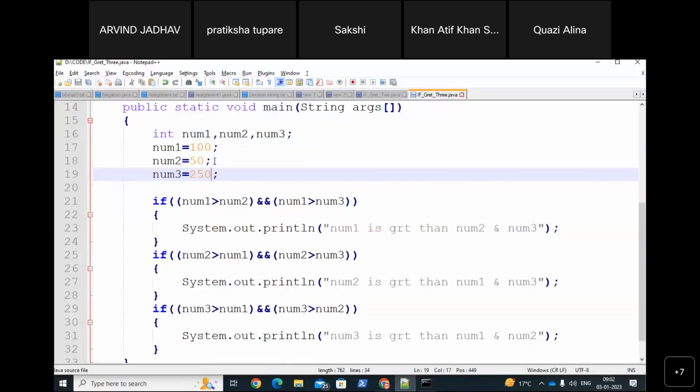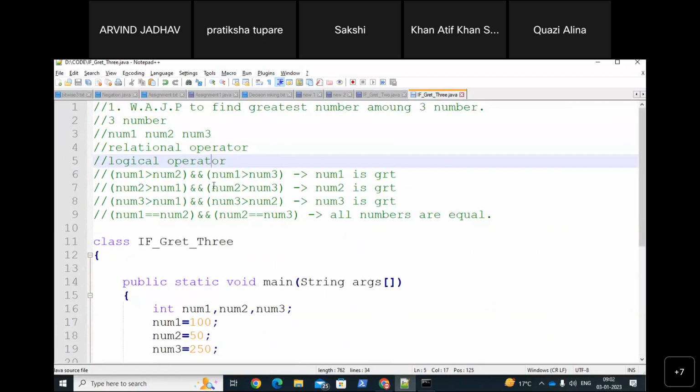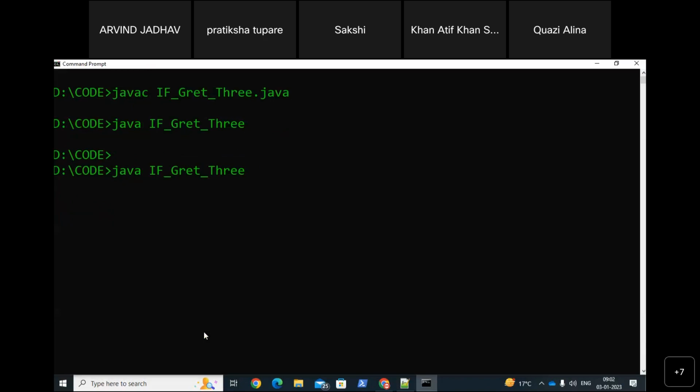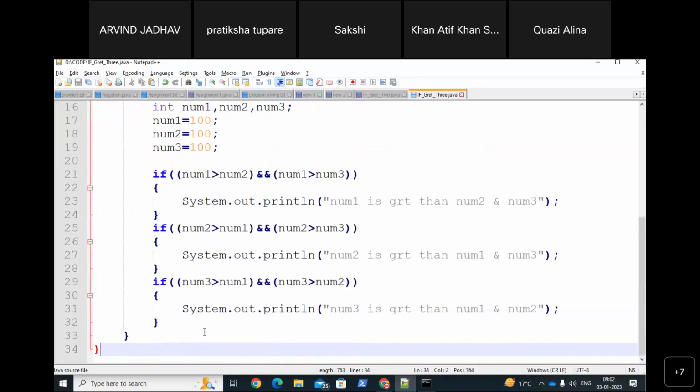As I told you, all the conditions will be validated. See, I wrote this business logic first, later on I validated. Now check out this last condition. What happens if all values are the same? Did not get any output. In this case I should not get an output like this. Did I get any output? No. Why? Because all the values are the same. So we cannot find whether the condition is true or